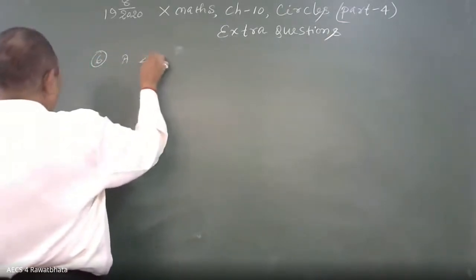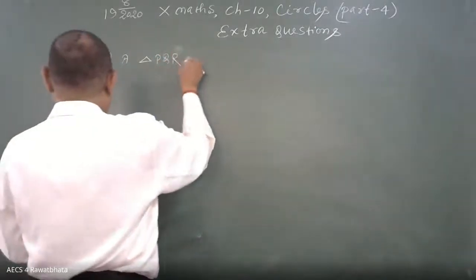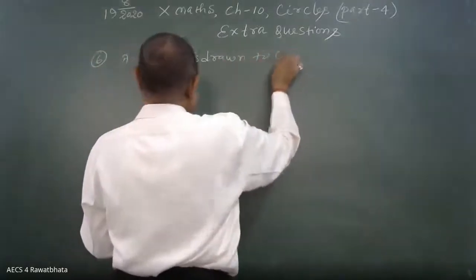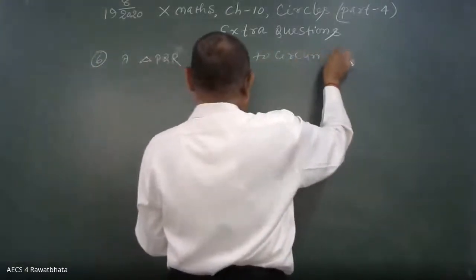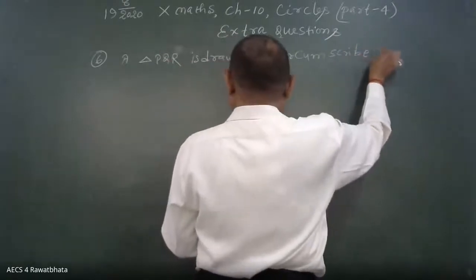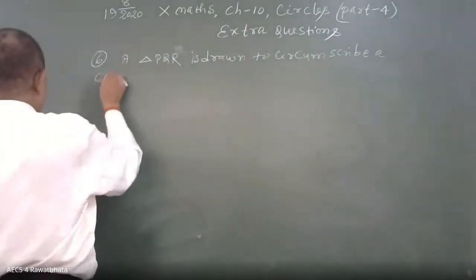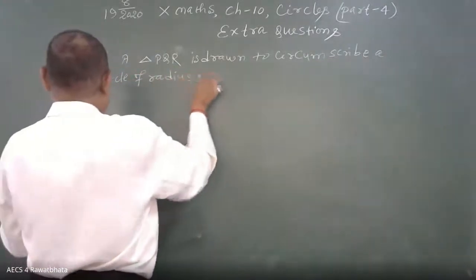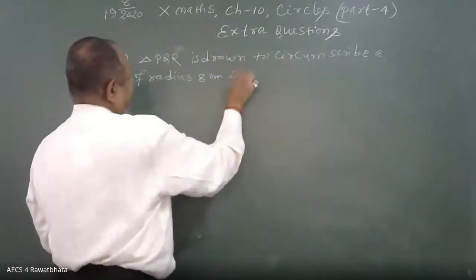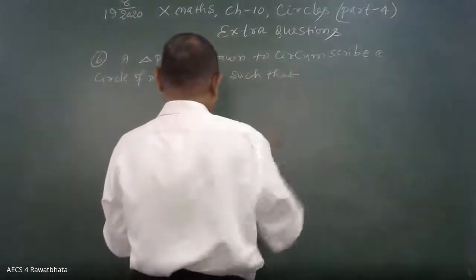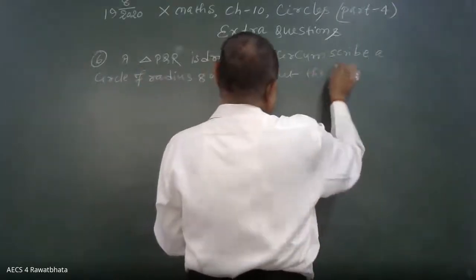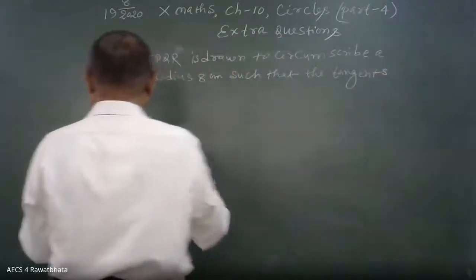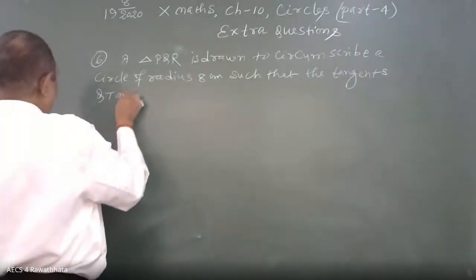A triangle PQR is drawn to circumscribe a circle of radius 8 centimeter such that the tangents QT and TR